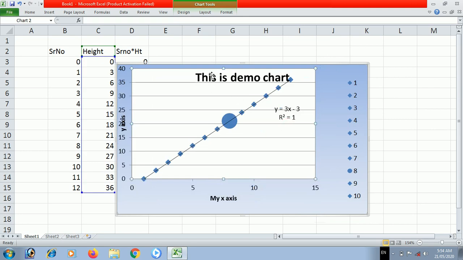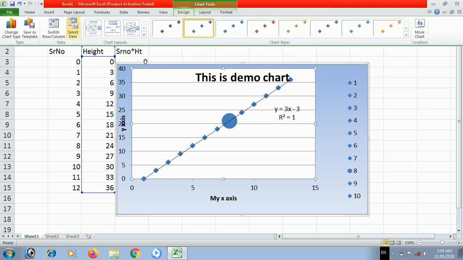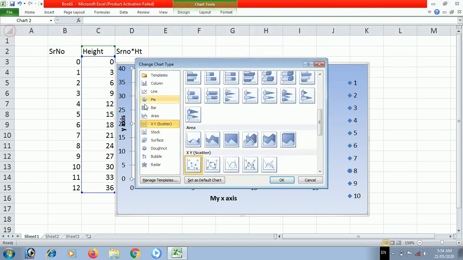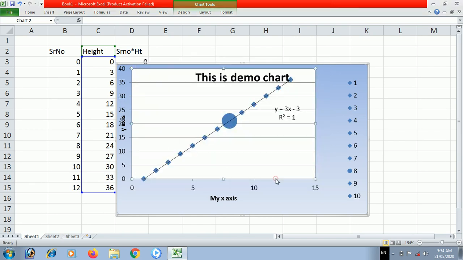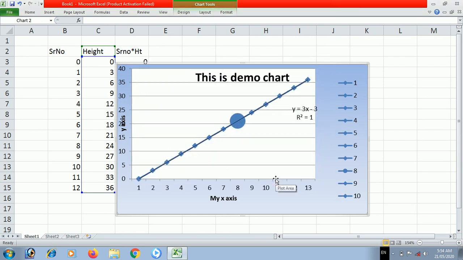Now we will change this scatter plot to line plot also. Here we have to go to design and change chart type. When we click that to line, this line plot will be there. Okay. Entire line will be. We had the trend line, therefore line is not visible, but we can change that to line, and all those, the legend and all that thing is there. Okay. That's about scatter plot and all that.